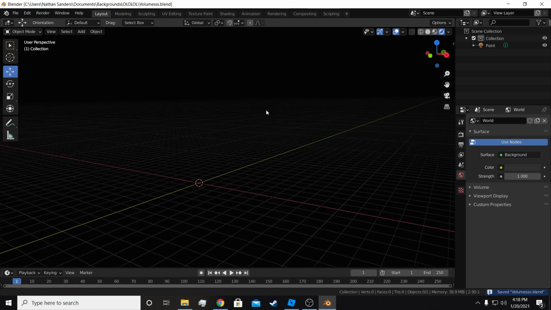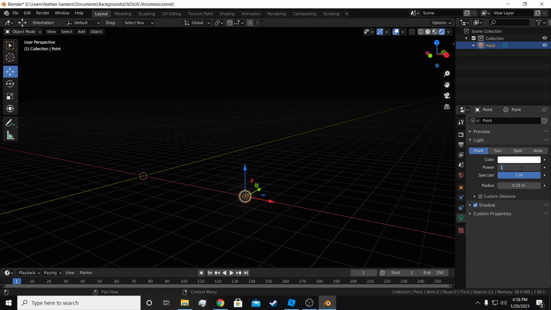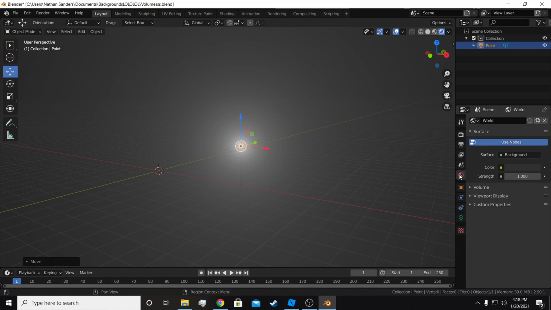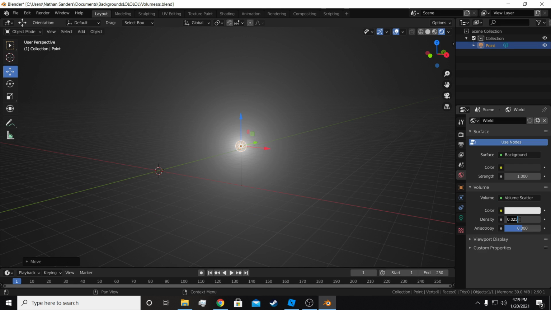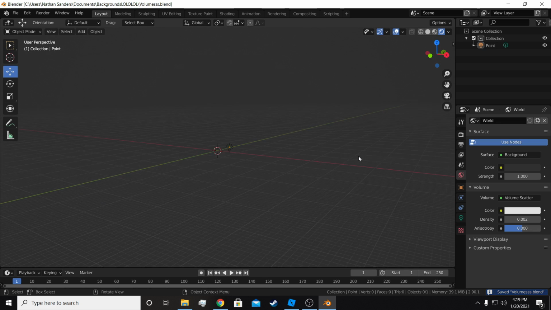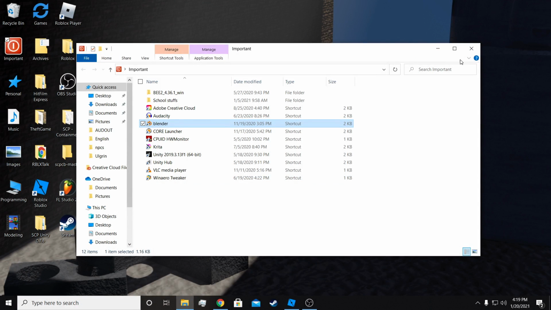This is basically volumetrics. So you have a point light, and it gets really foggy where the point light is. Does that make sense? It has some really nice fog effect. The higher the density value is, the more foggy it gets. And that's what I'm trying to replicate there, if you were wondering. It's doing okay, I guess, but it does create this really nice effect. Anyways, if we leave Blender,